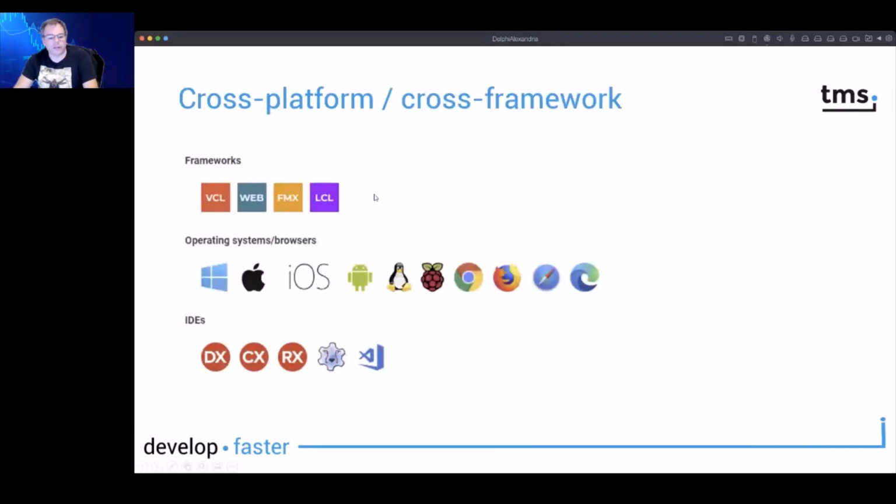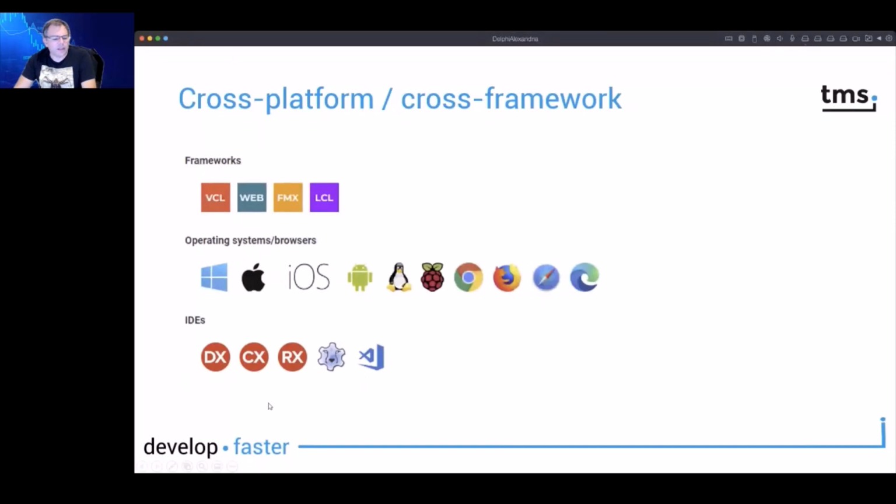Yeah, cross-platform, here is another slide, which are available. I didn't focus on that before. So the frameworks are VCL, FireMonkey, I talked about those, but of course, LCL is in there as well. And the big one, TMS Web Core. So everything you build for the desktop, you can also use on the web. And TMS Web Core, if you remember, has TMS Miletus, and TMS Miletus offers you desktop applications on all these platforms as well, but also in addition, the Raspberry Pi, for example. So you're pretty well